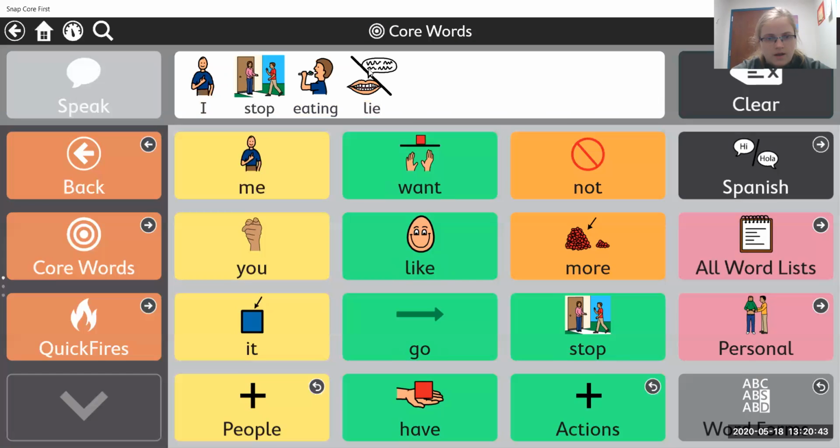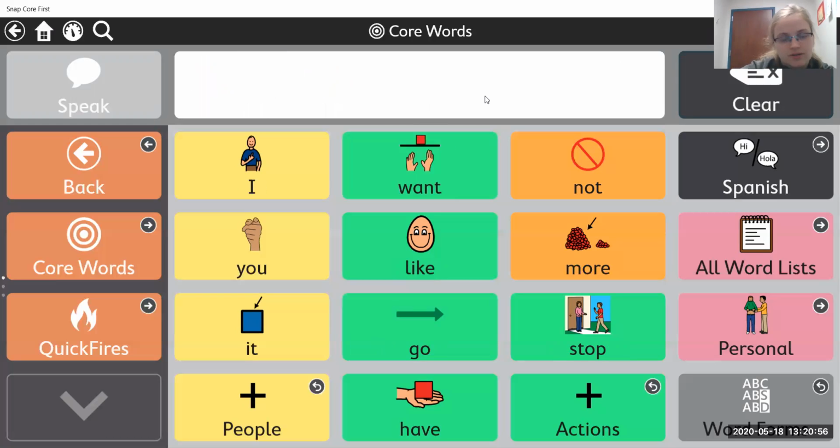You want to stop laying down. So that's another thing. You can say that you want someone else to stop doing something, or you can say, I want to stop doing whatever it is that I'm doing.